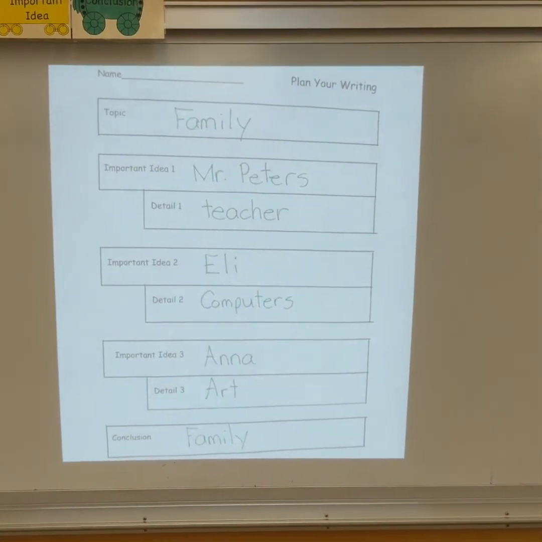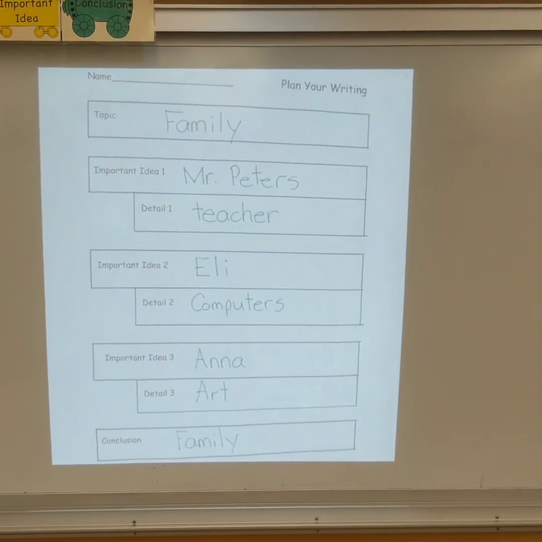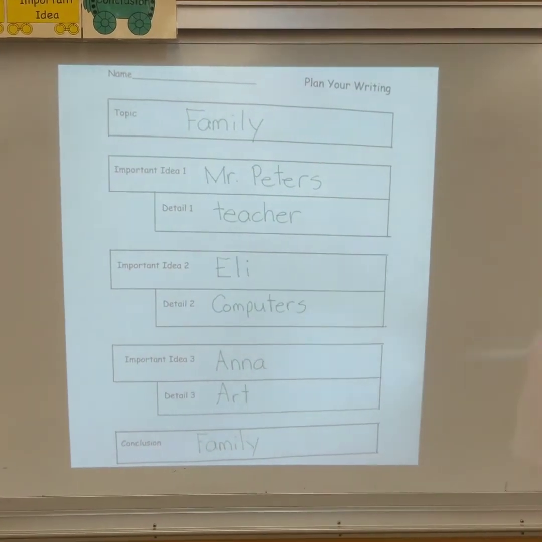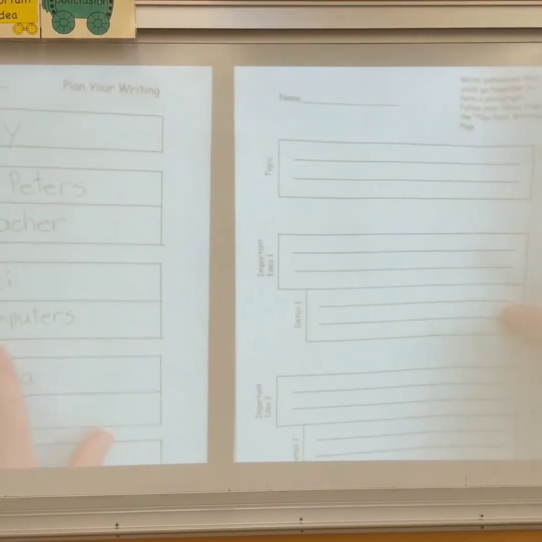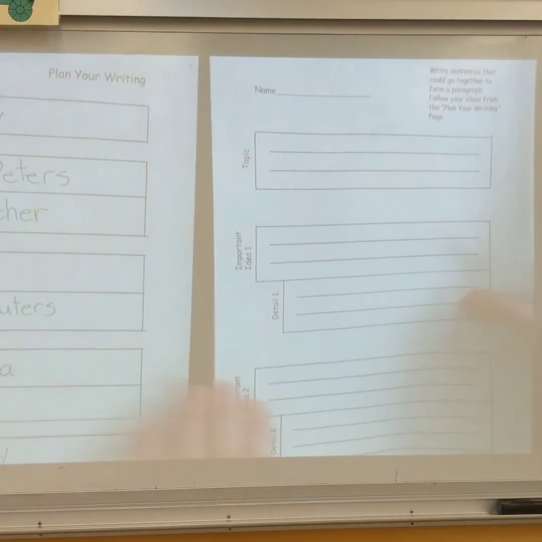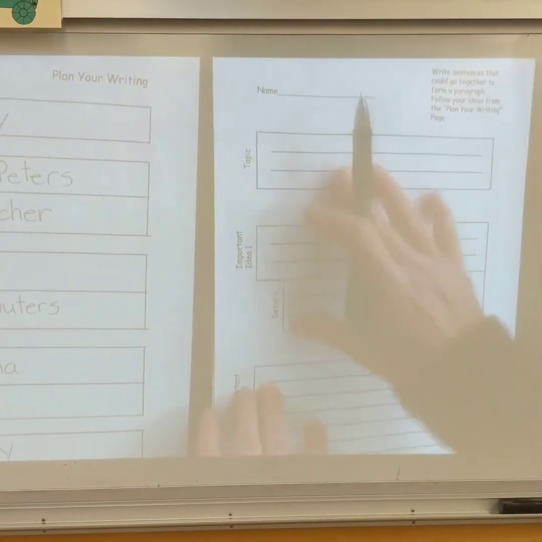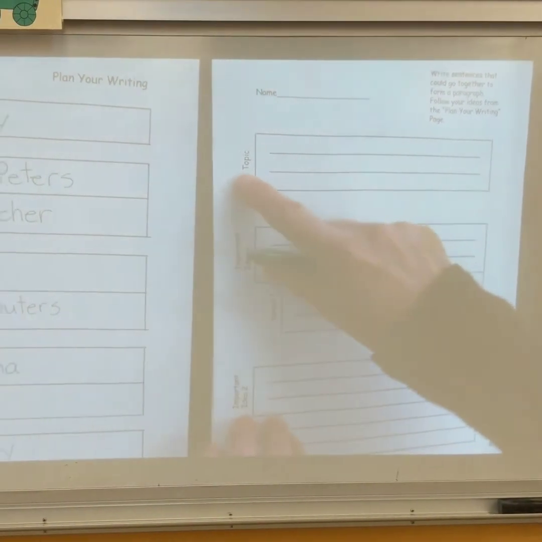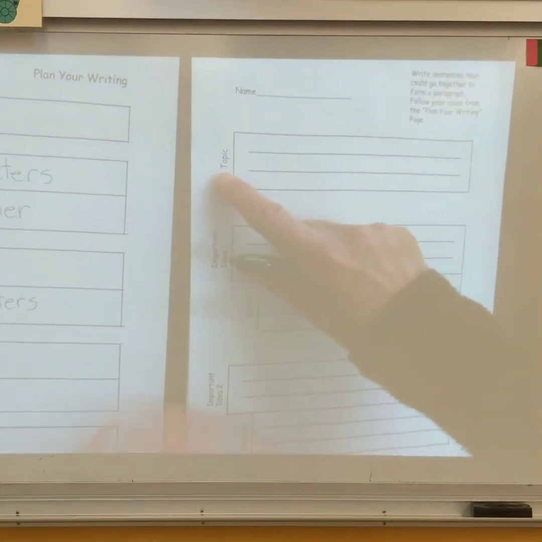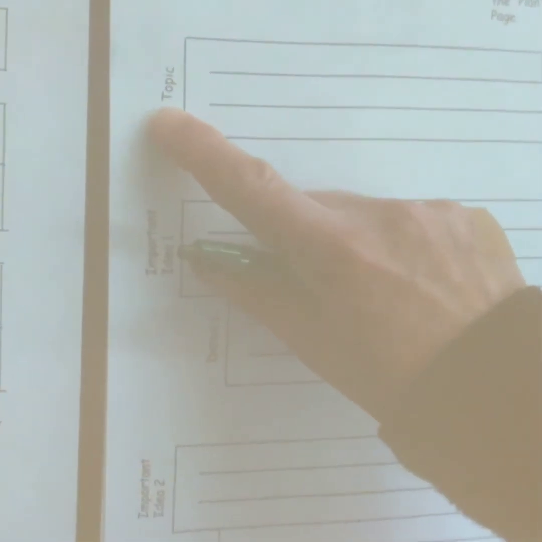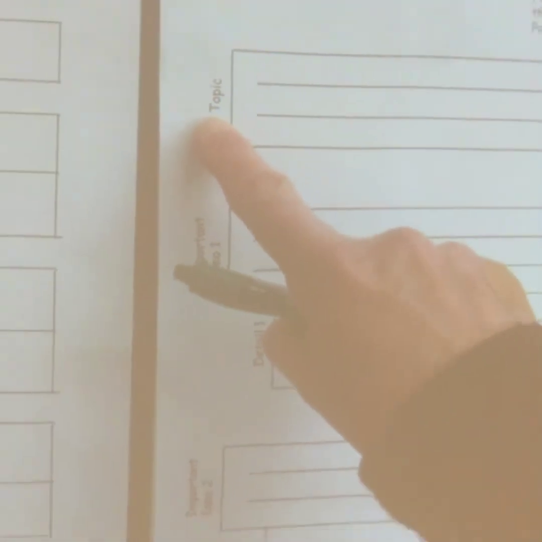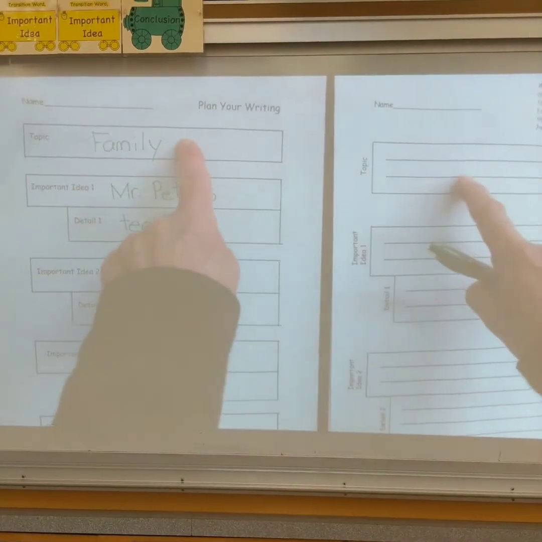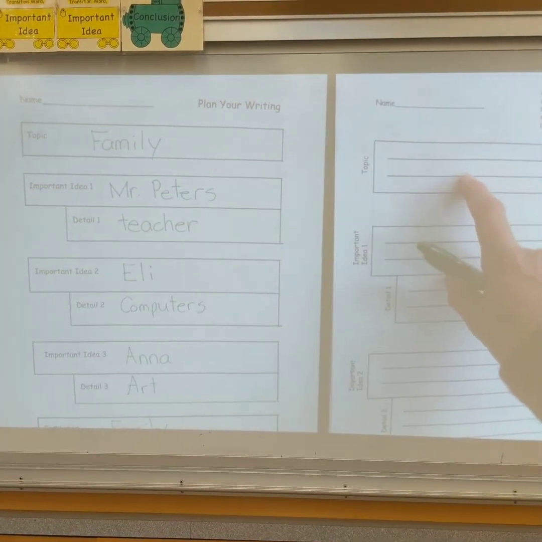I took this piece of paper, which you'll find in your packet, and you'll notice on it, this is where I'm going to write my sentences, and you'll notice over to the side of this first rectangle, it says topic. It says it sideways. And if you go to plan your writing, guess what? The first rectangle says topic. So you're going to take your topic and turn it into a topic sentence.